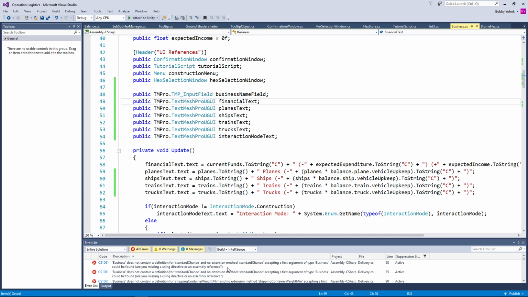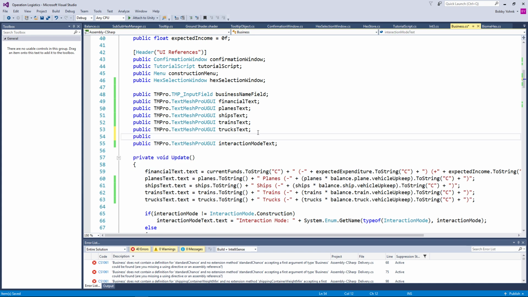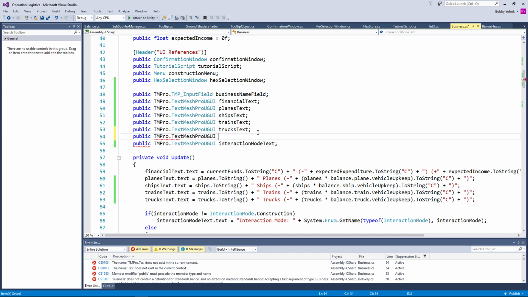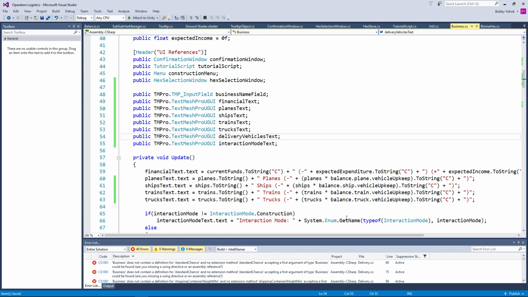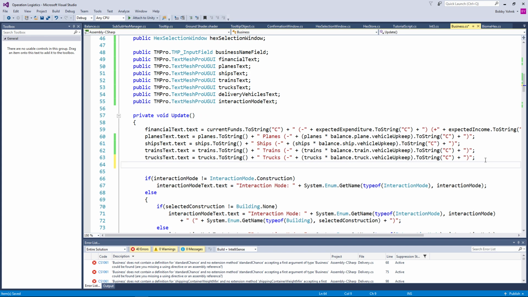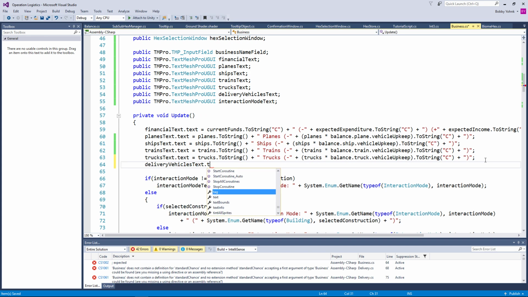I don't know. Anyway, we need to then have a public TMPro.TextMeshProUGUI, and this is going to be delivery vehicles text, because we added in that UI element in the last episode. So let's have delivery vehicles text equals delivery vehicles